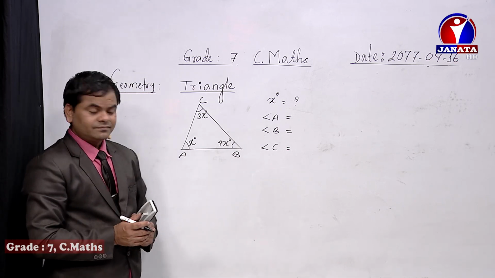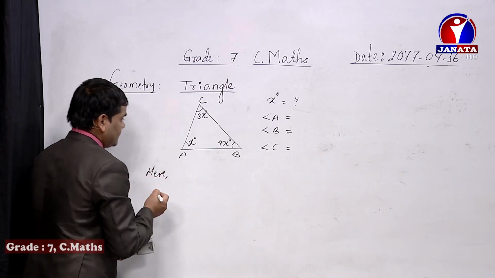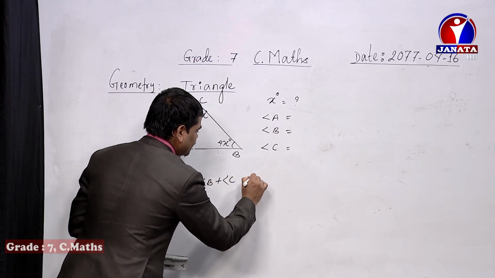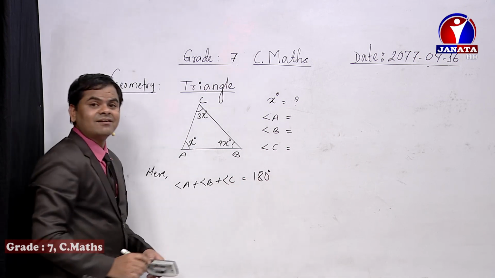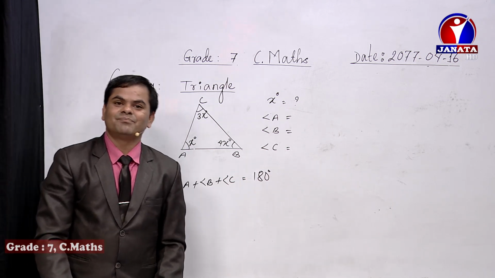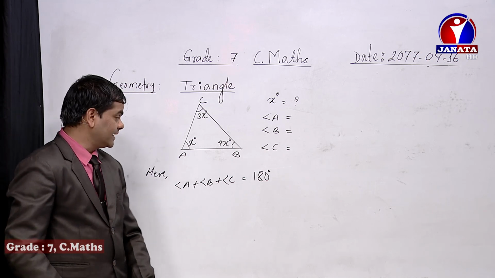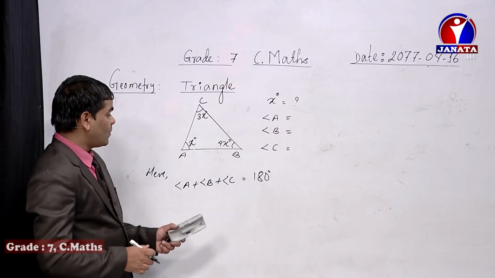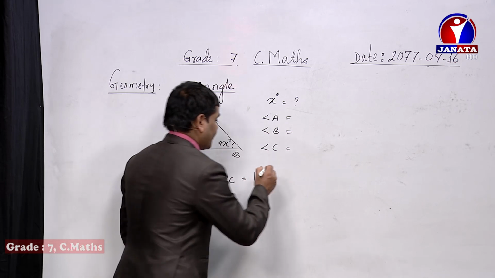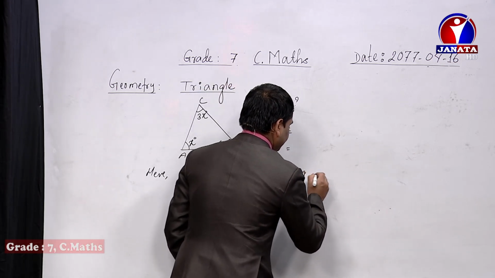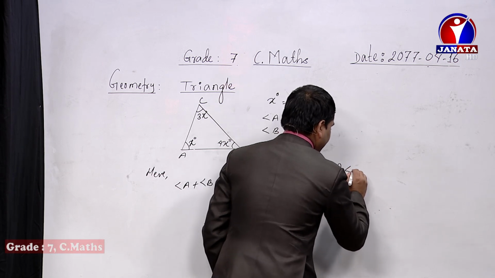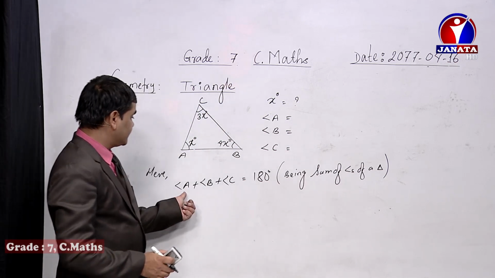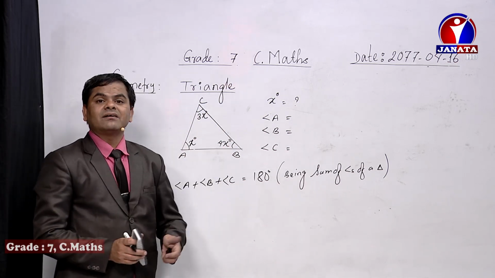Now what do we have to do? We write here: angle A plus angle B plus angle C equals 180 degree, dear student. Whether the triangle is bigger or smaller, it doesn't matter. Their sum becomes 180 degree. We should not forget this thing. Now it is a statement. Now we need to write the reason why their sum becomes 180 degree. Because they are the angles of a triangle, isn't it? Angle A, angle B, and angle C are the angles of the triangle, and that's why their sum